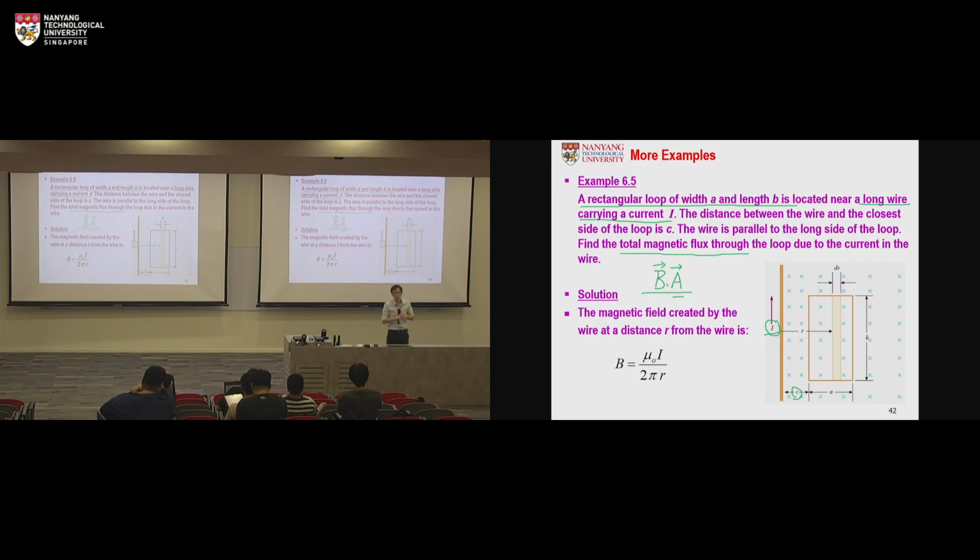If you want to figure out whether this vector B is uniform or not, you must make sure same magnitude, same direction everywhere. That is the so-called uniform, right? This one will tell you, yes, it's always pointing into the page for this entire space. Same direction, but the magnitude,